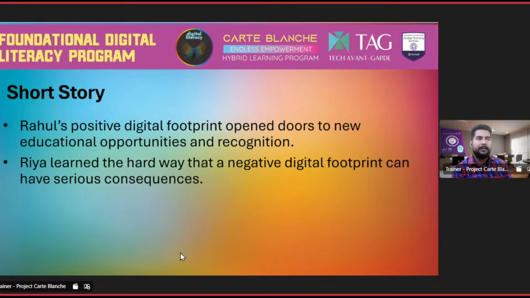So if somebody has started in the right age group and a college professor has seen it, he can give the student an opportunity to get admission directly in their college, with some kind of scholarship scheme also. So the positive activities which Rahul has done on the internet have opened the door to more educational opportunities and recognition by the school itself.